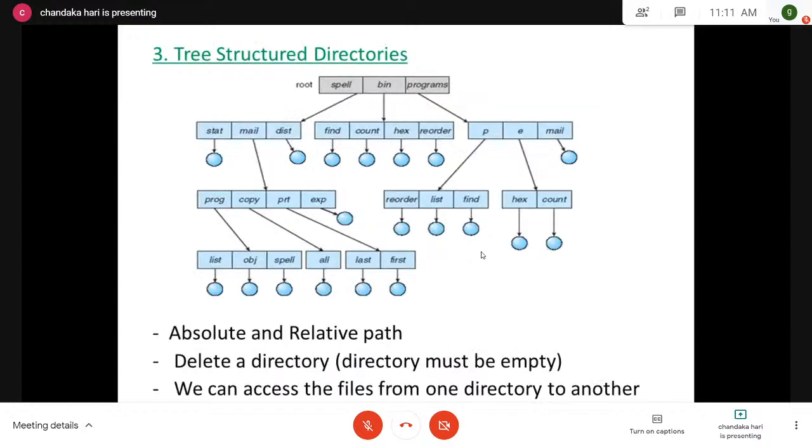And coming to the third very important one is tree structure directories. What is tree structure directories? Okay, tree structure in the sense you can allow any number of levels. Any number of levels is allowed. So now you see in a root directory,